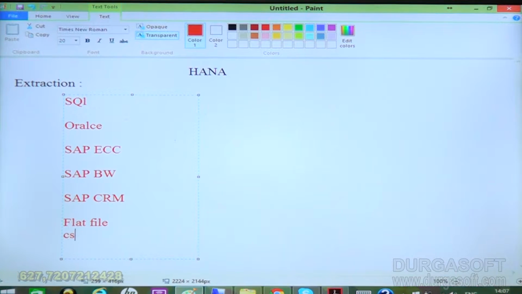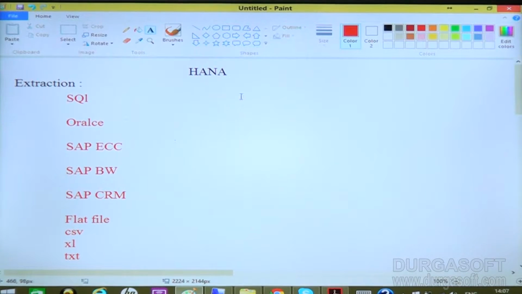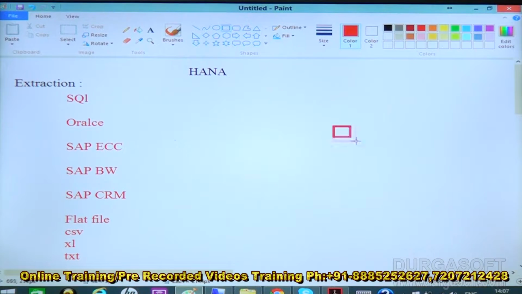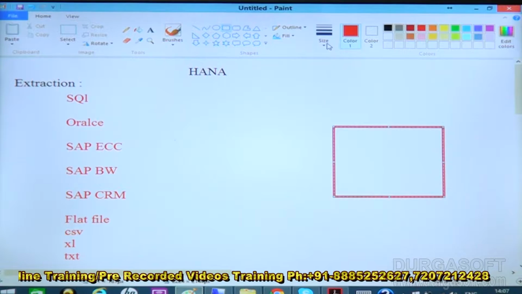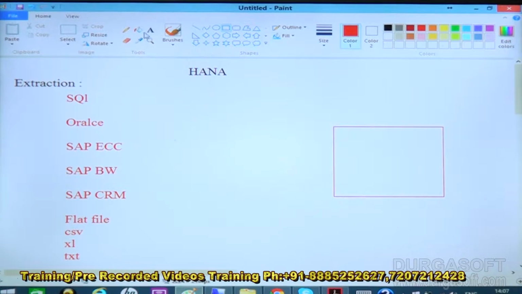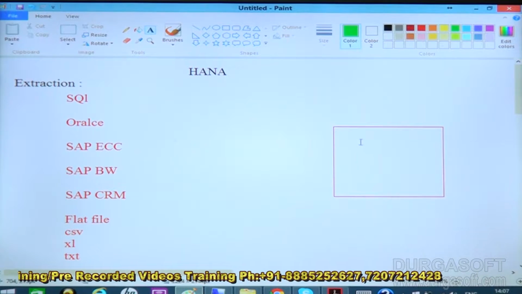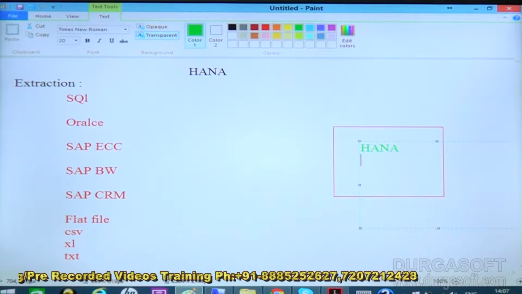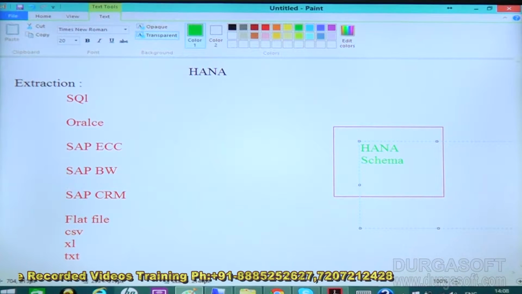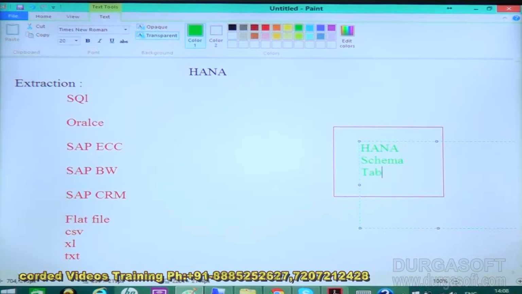It may be CSV or Excel files or text files. If you want to load this data from a different environment, this is my HANA database. I can load the data into HANA. This is my HANA database, which has certain schemas. I can store the tables under these schemas.